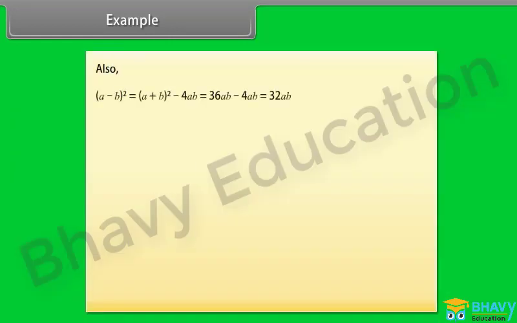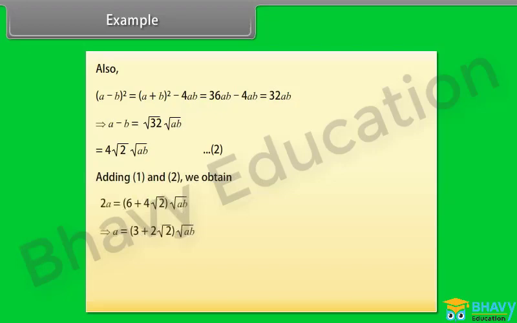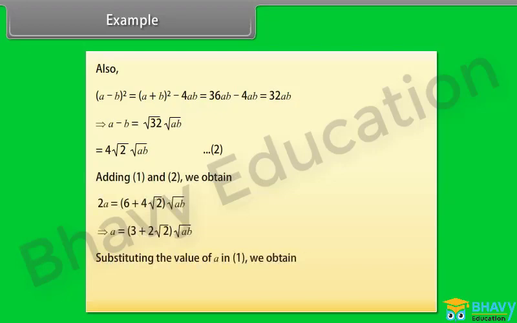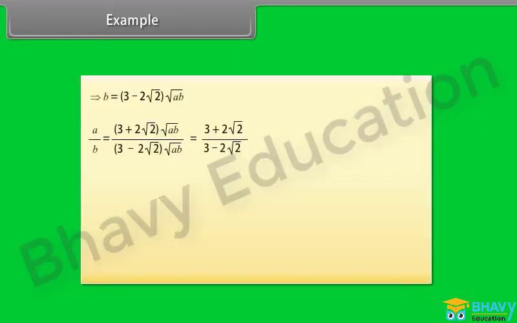Also, the square of A minus B can be written as A minus B is equal to 4 into square root of 2 into square root of AB. Let it be equation 2. Adding 1 and 2, we obtain, substituting the value of A in equation 1, A by B is equal to 3 plus 2 root 2 divided by 3 minus 2 root 2. Thus, the required ratio is